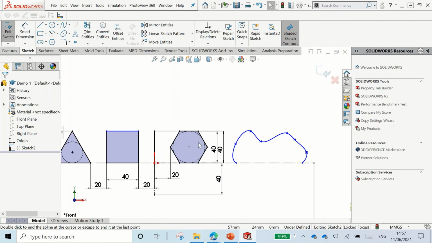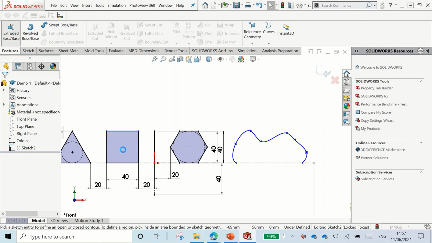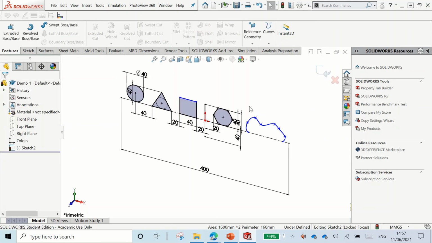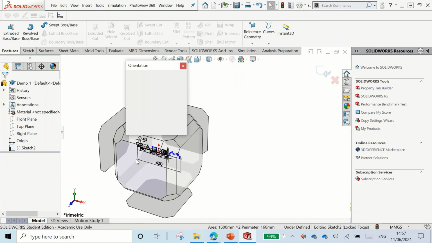But as you can see here, it's not a confined object like our sketch, as these other ones are. These ones are confined, so if I went to extrude that shape there, I can click on it and the feature will accept it. But if I want to click on this shape here, it won't let me select it. Why? Because it's not a closed sketch. So if I go back normal to again,